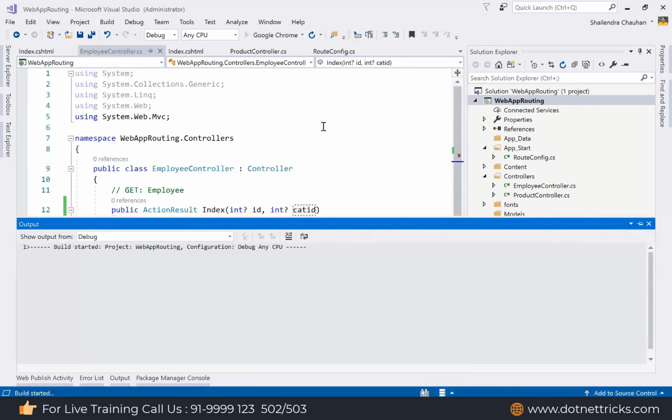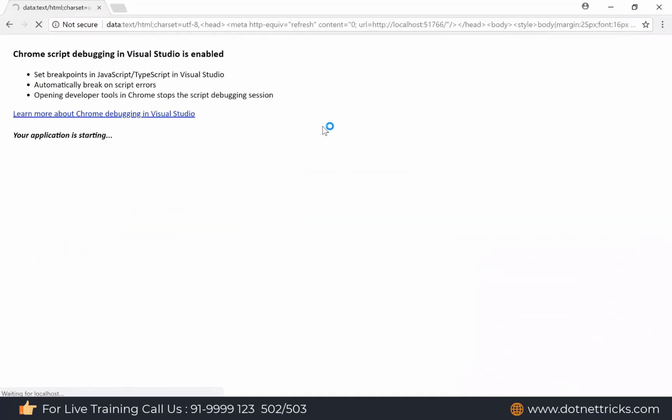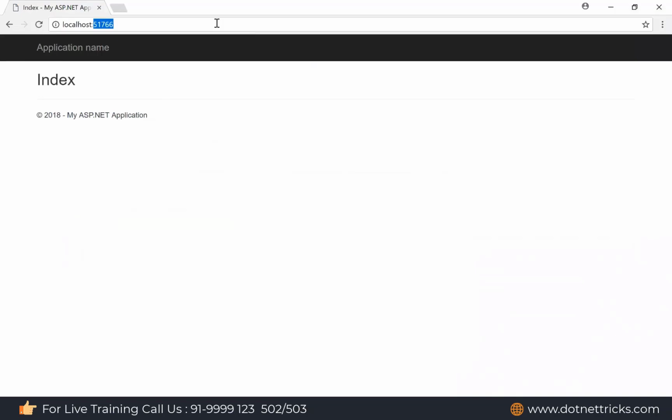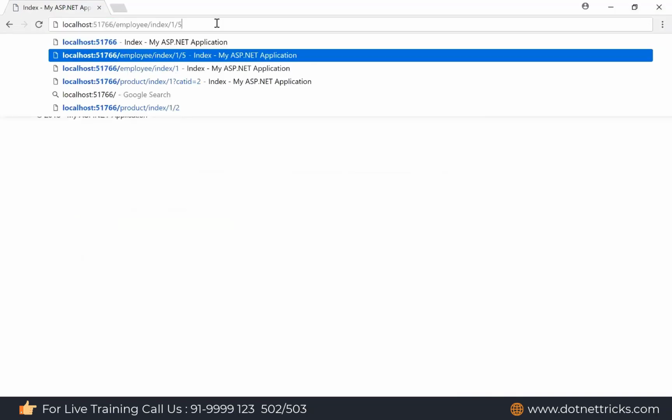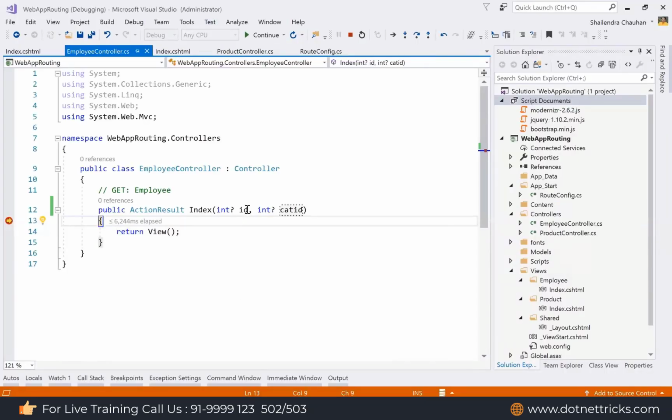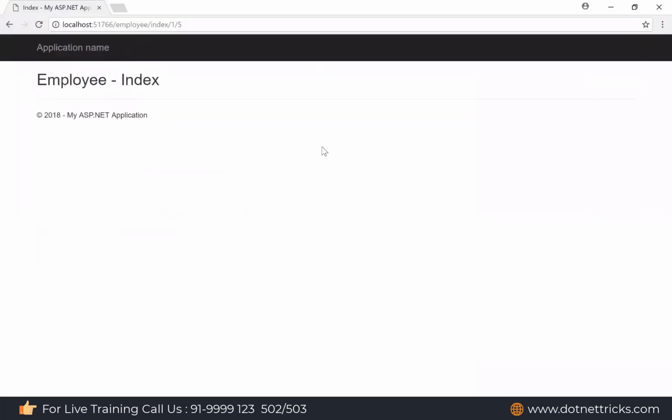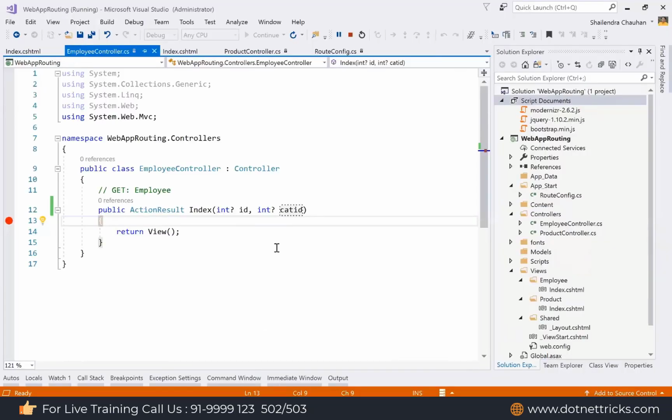So let's run the code and see how we are getting the department ID in the parameter name cat ID. So here I'm just passing the employee index 1 comma 5. You can see I'm getting 1 here, I'm getting 5 here. So this way we are getting the two values, and both values we are receiving here.